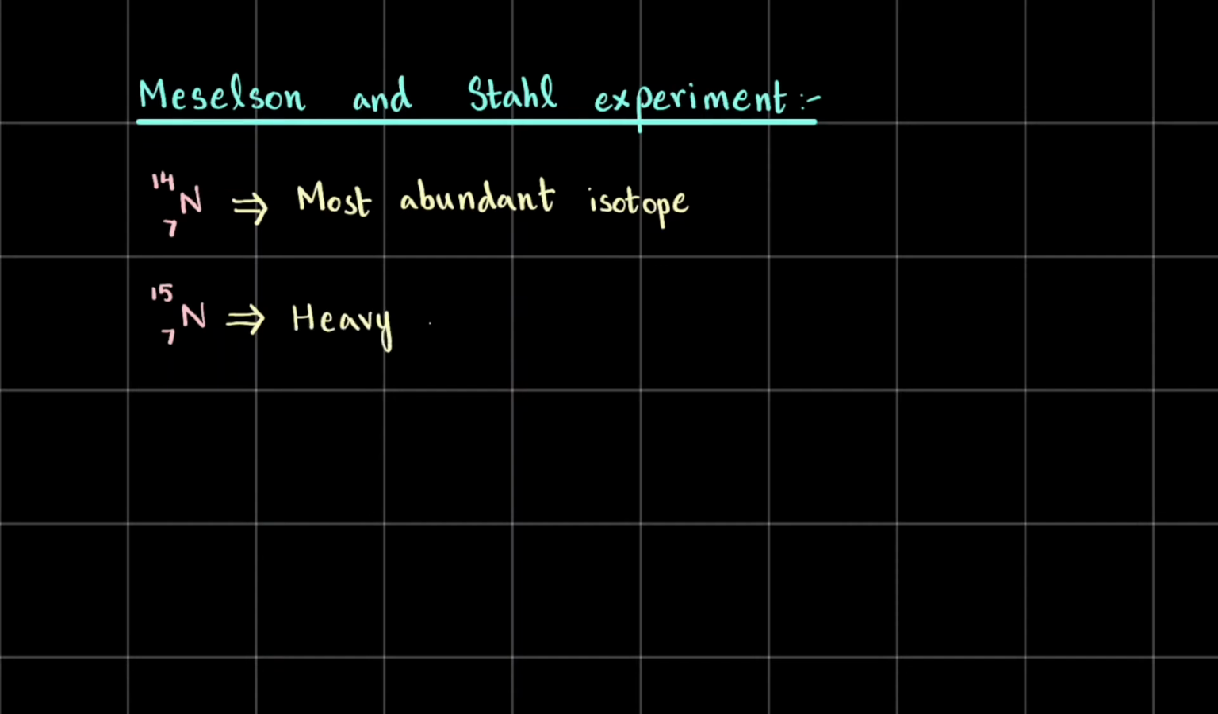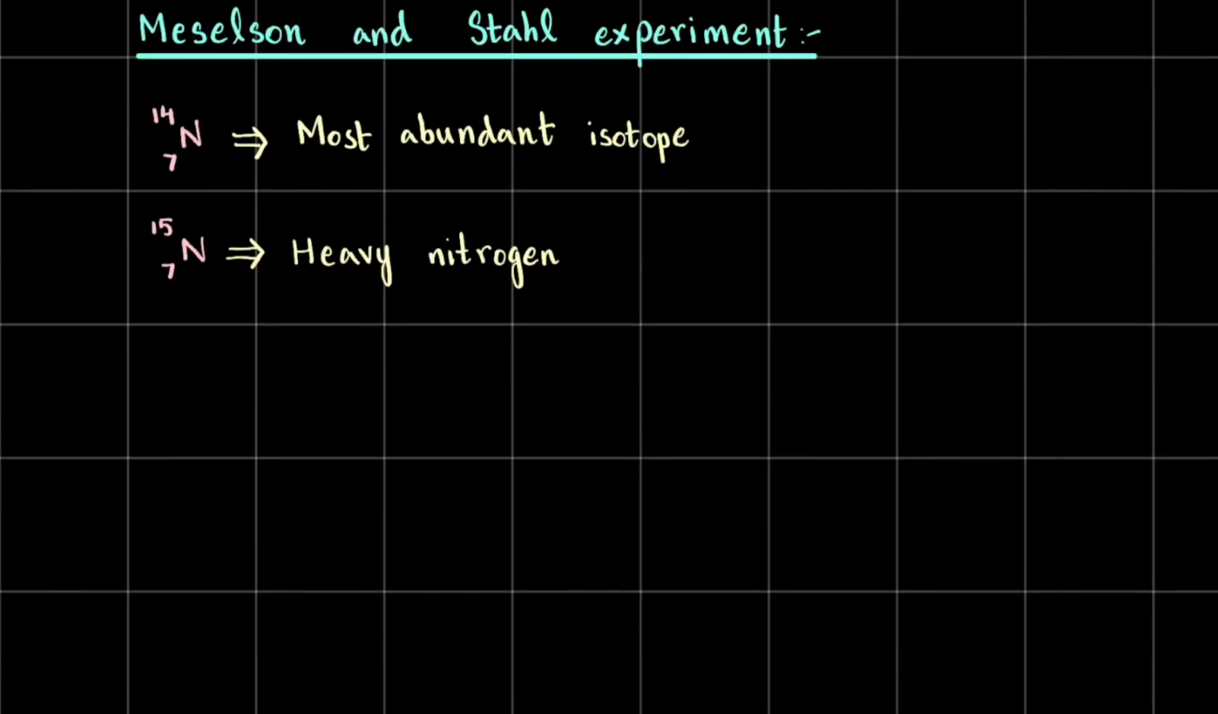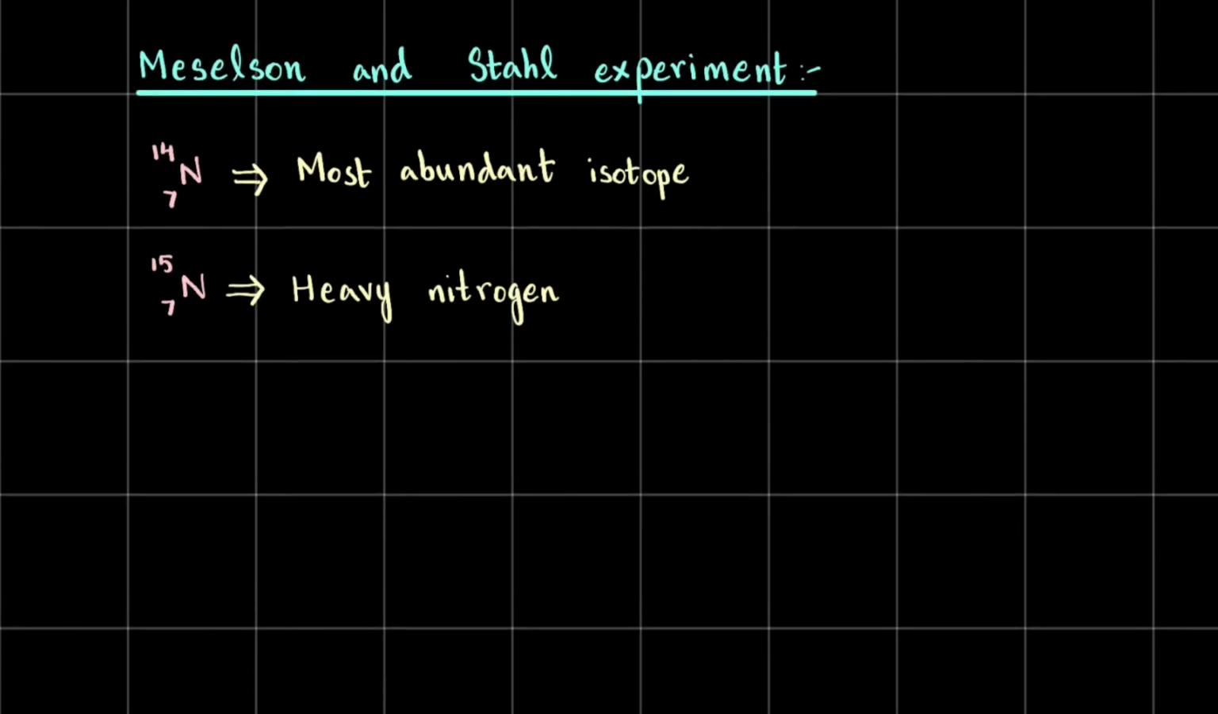Heavy nitrogen. Now you must be wondering, why is this coming into the picture here? What good does that do us? What do we need this for? This is important because it takes a genius to understand the importance of something which seems as trivial as this, right? And Meselson and Stahl were geniuses, and what they did is they grew DNA